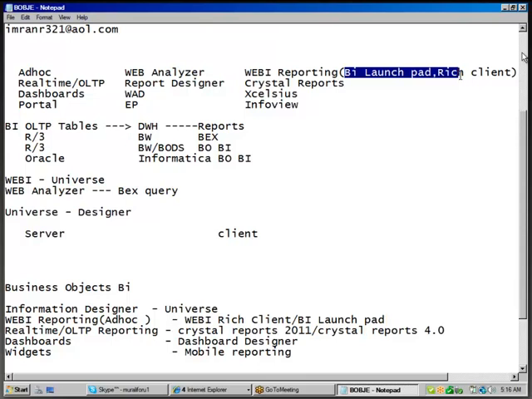The reason is BO has a lot of advantages over BEx reporting tools. Now the new replacement from SAP is, in place of Web Analyzer, you need to use a tool called BI Launchpad or Rich Client.